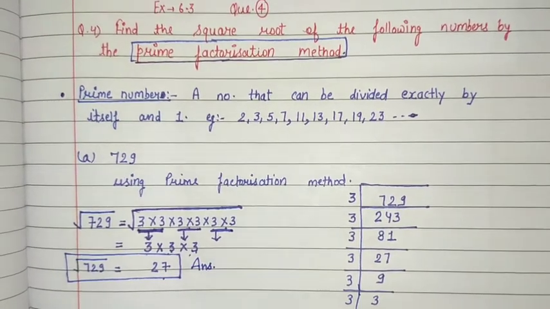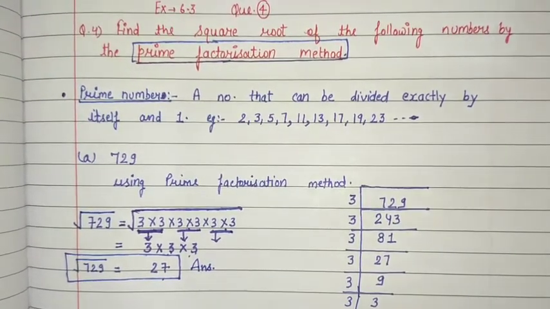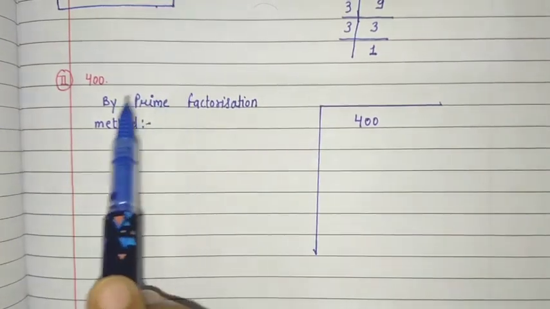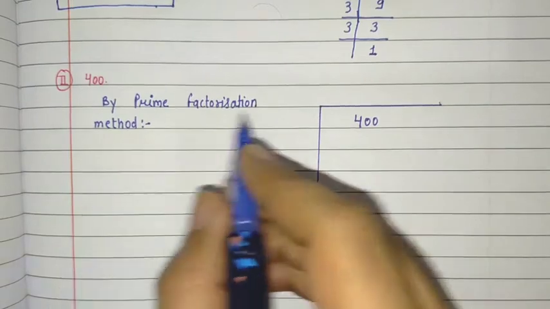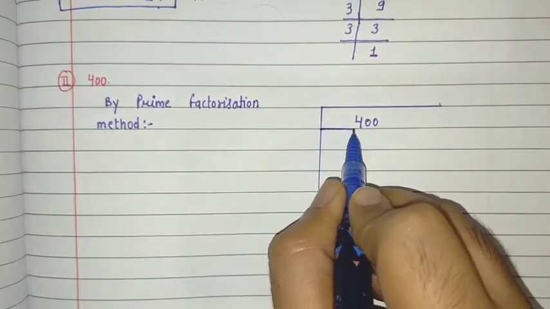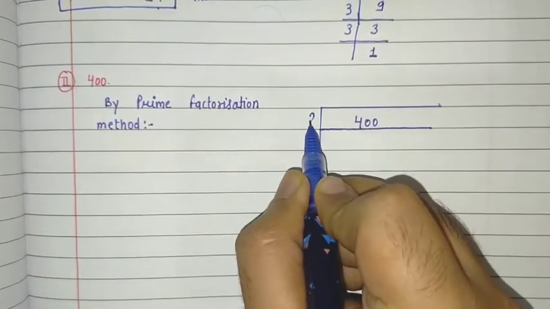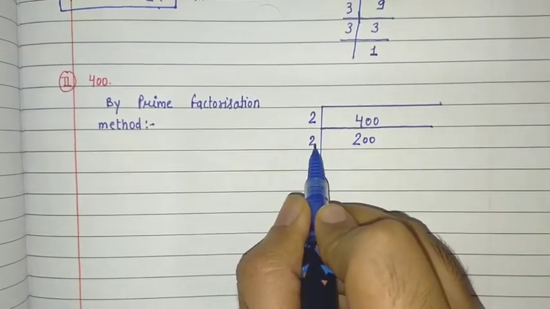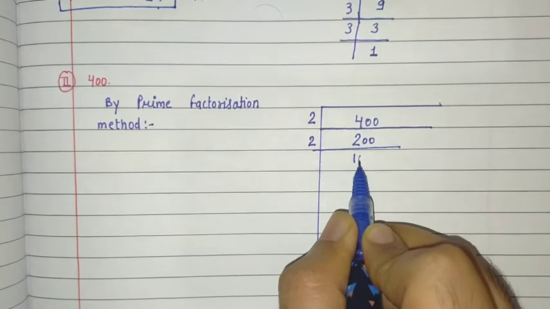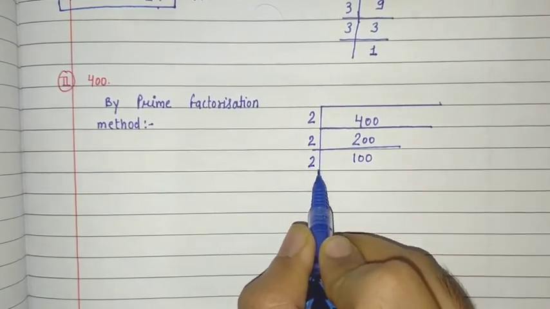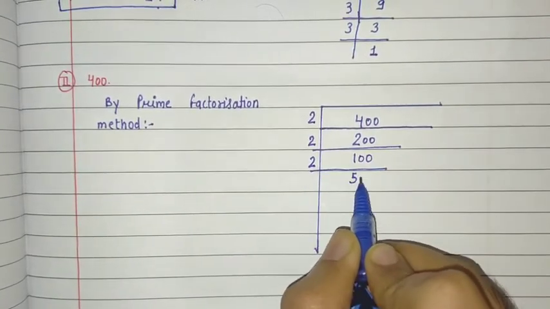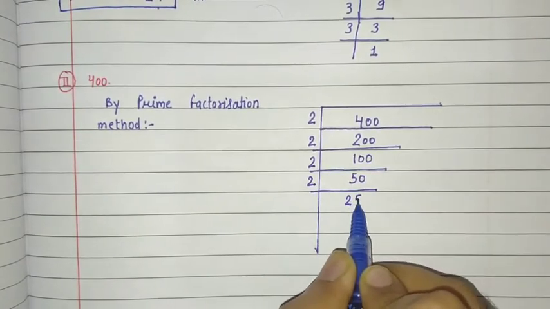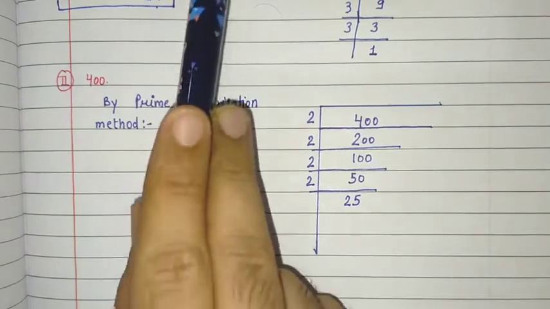Okay, now B part. Now the B part is 400. Again we have to find the square root, so just do the prime factorization of this number. Divide with 2, 200. Again divide with 2, 100. After that 2, 50. Now 25. You have to check after the prime number 2,